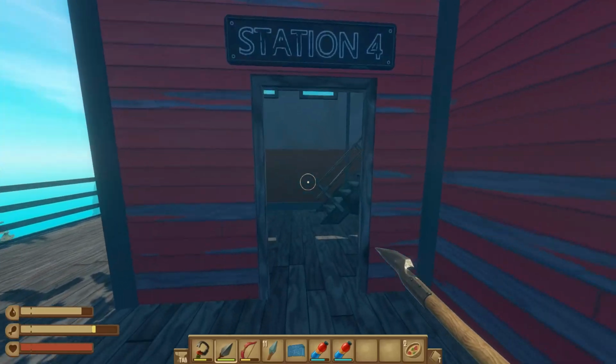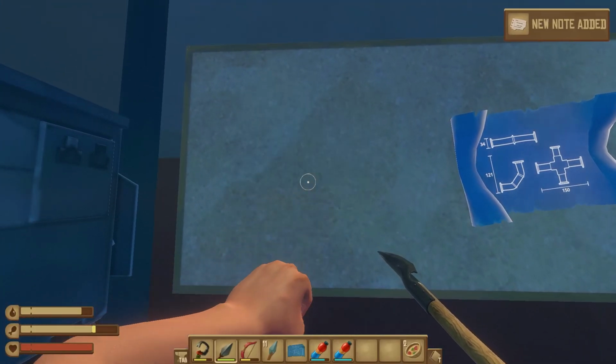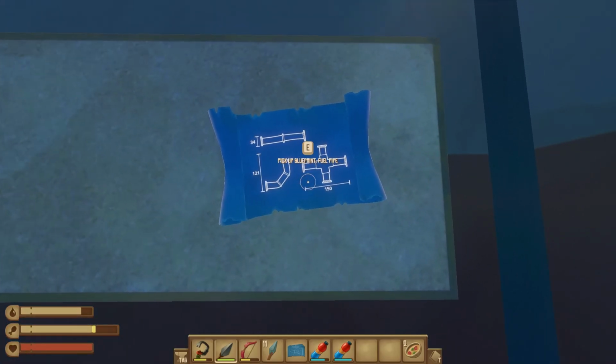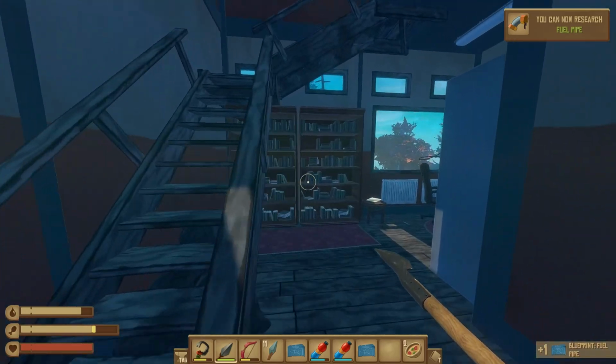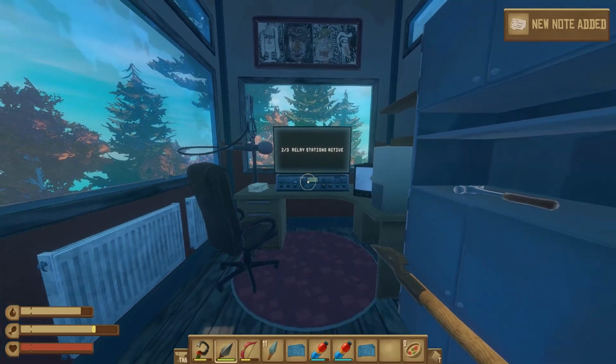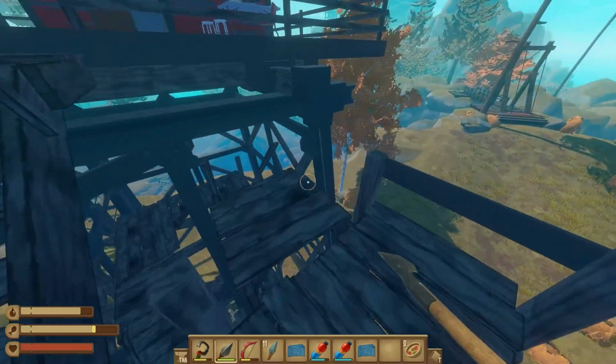All right, here we are, station 4. And if you look to your left, you'll have a switch. You'll have a note, which is actually a map for the area, and then a blueprint here. If we come over here, we have a note, and you'll see we have 2 out of the 3 stations active. And there's also a hammer here. So I'm going to go back down,